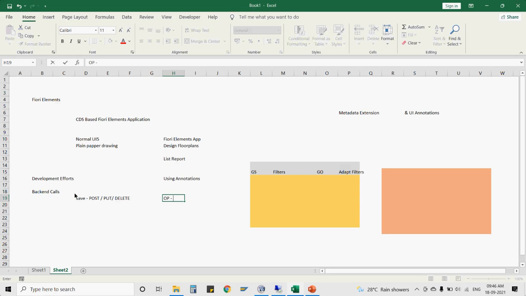So the object page will trigger a get call, but if it's a save button and the object does not exist, then it would trigger a post call, and if the object is already there, then it would trigger a put call. There would also be a delete button which allows you to delete the object. All of this is controlled by the floor plan, so you do not need to write custom code for it. Hence, on a rough basis, normal UI5 might take 2 to 3 days for a simple application,